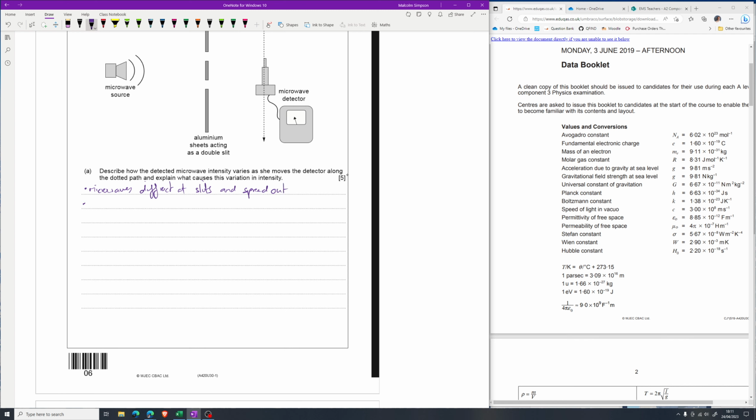That in turn means that these slits act as coherent sources. So this is more of an explanation to be honest than a description. I said I'd start with the description, I haven't. But this is what's happening. The slits act as coherent sources, therefore